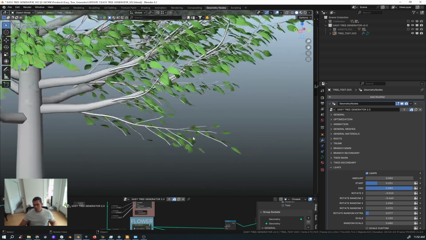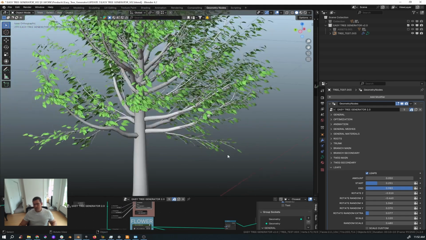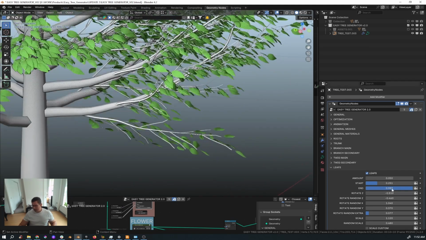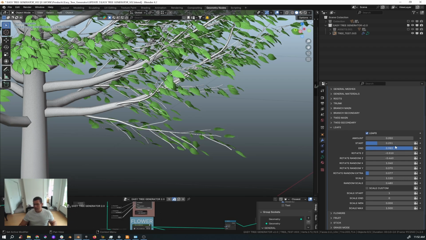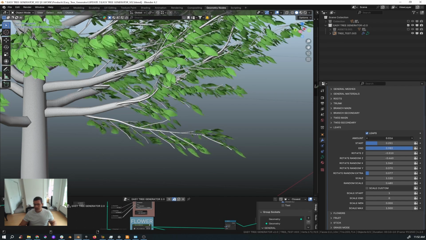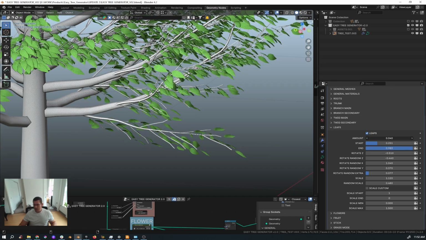Okay, so for the leaves, let's go and check it out. So you have the amount of your leaves. The amount, it's kind of resampling the trees. So if you go lower, you actually get a higher amount of leaves. Okay, just keep that in mind. And here you can play around where they start, where it ends. Okay,